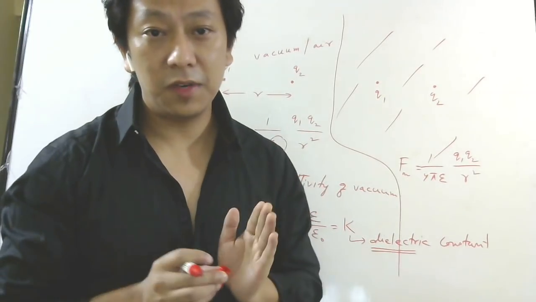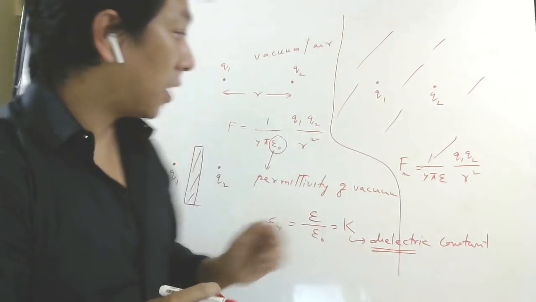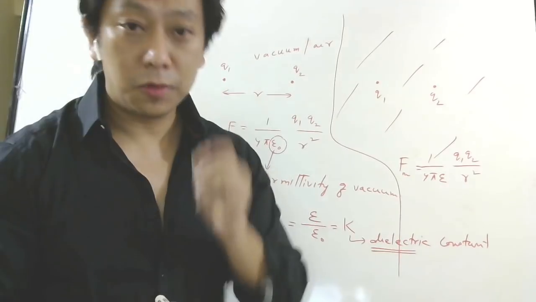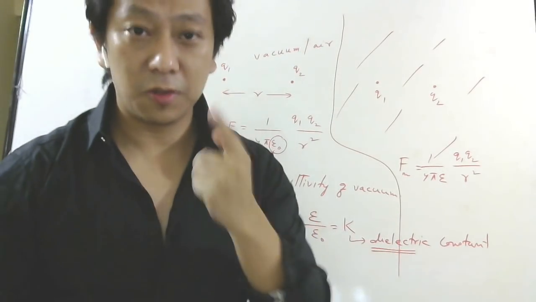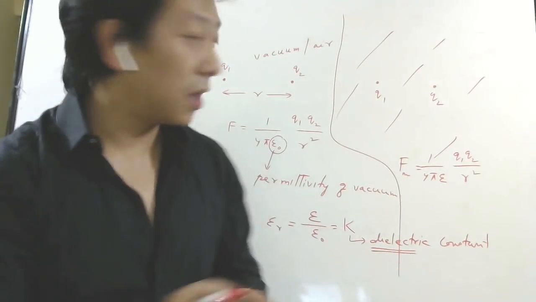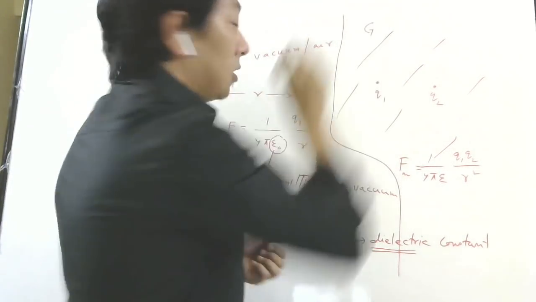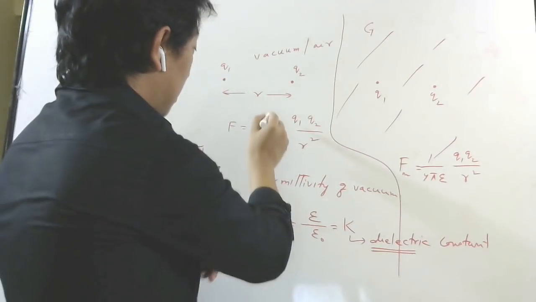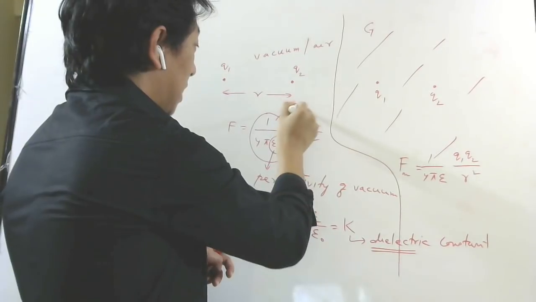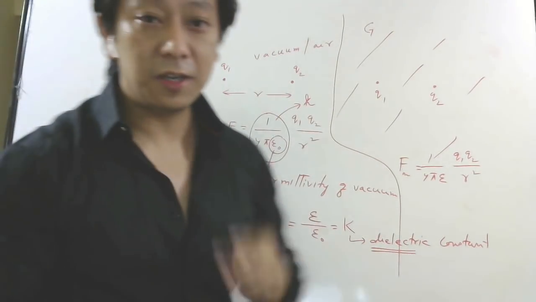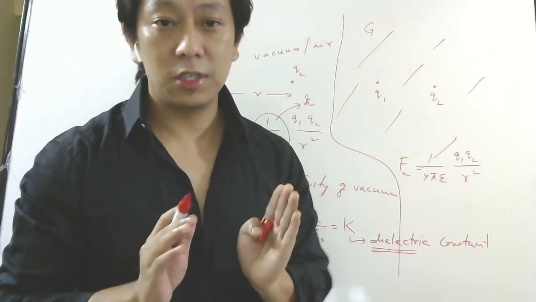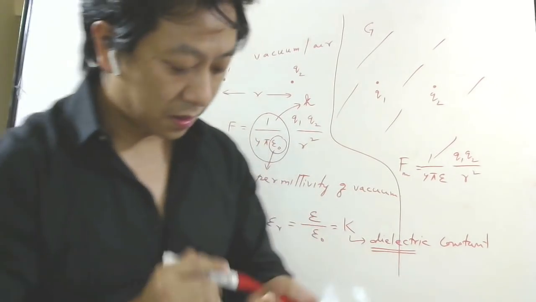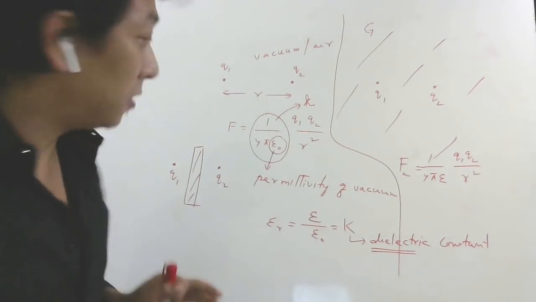However, at the end of the video, I would like to explain to you what we can do and why this epsilon is there. And today I will also address the question which was asked by one of my students, saying why capital G, the gravitational constant, does not depend on medium, but this constant, here we write K, actually depends on the medium. All those questions we will be dealing with in the last part of the video. Fine, having said that, let us continue now.